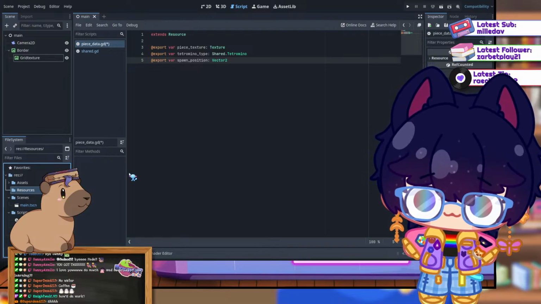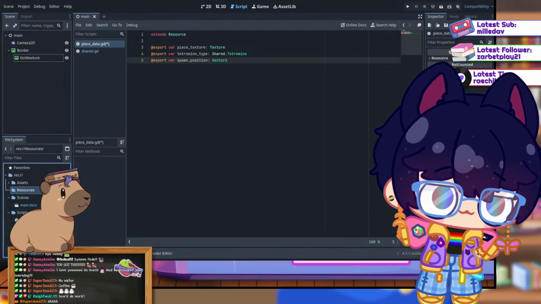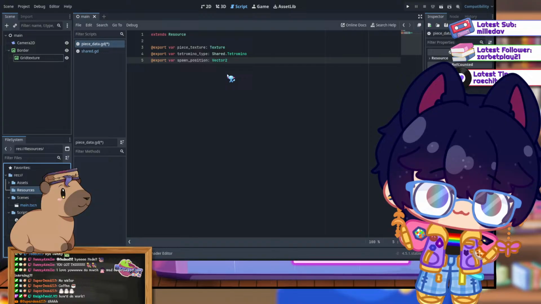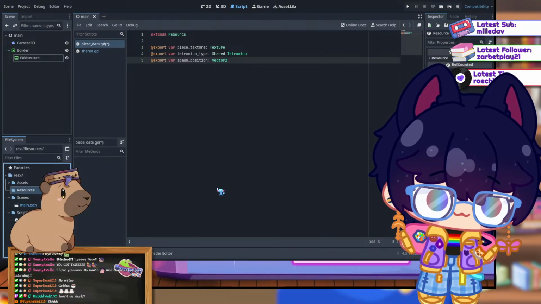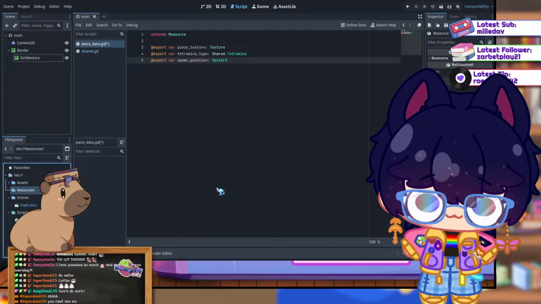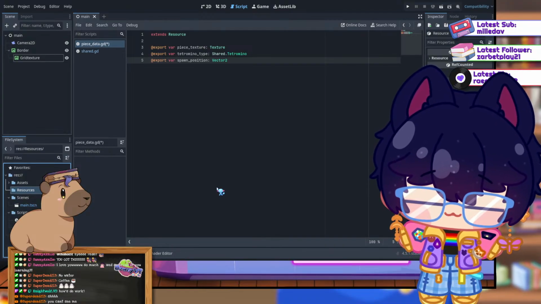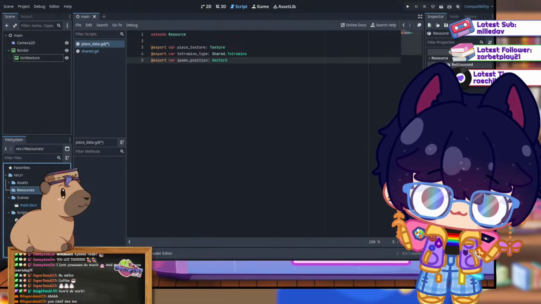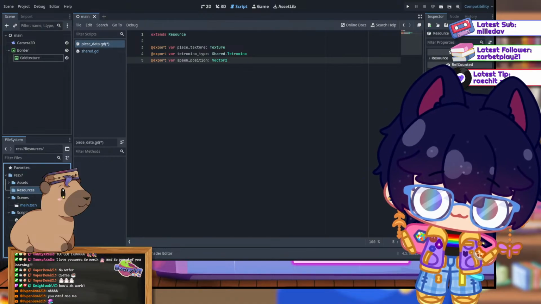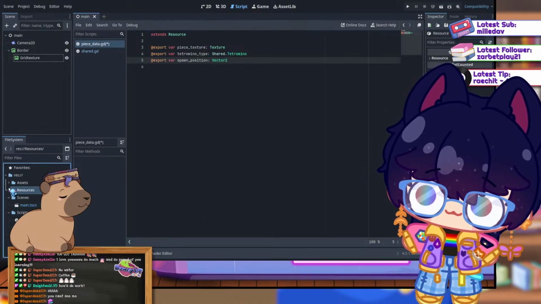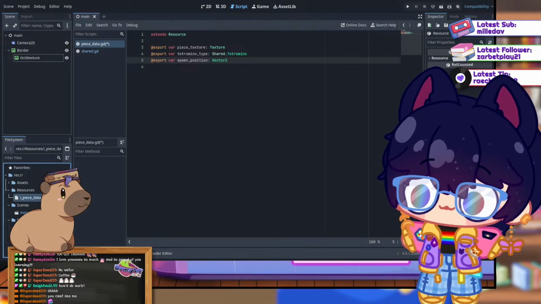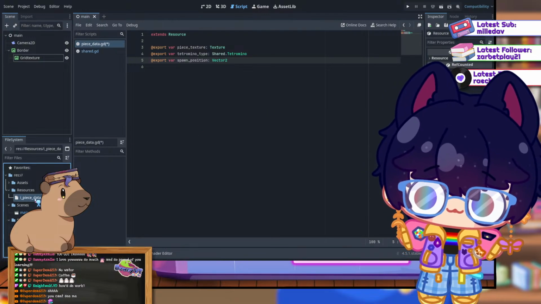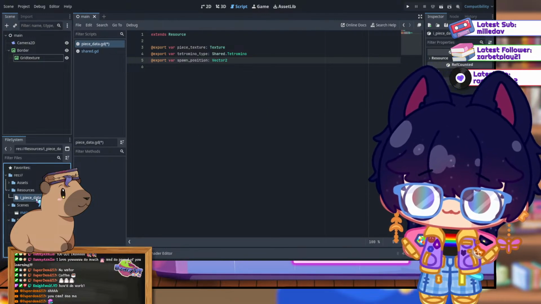We're going to create a new resource. Okay, so now we're going to do the actual pieces. So we're going to have it where it's like the I piece data, and then we'll go down each individual piece. But in the I piece data,